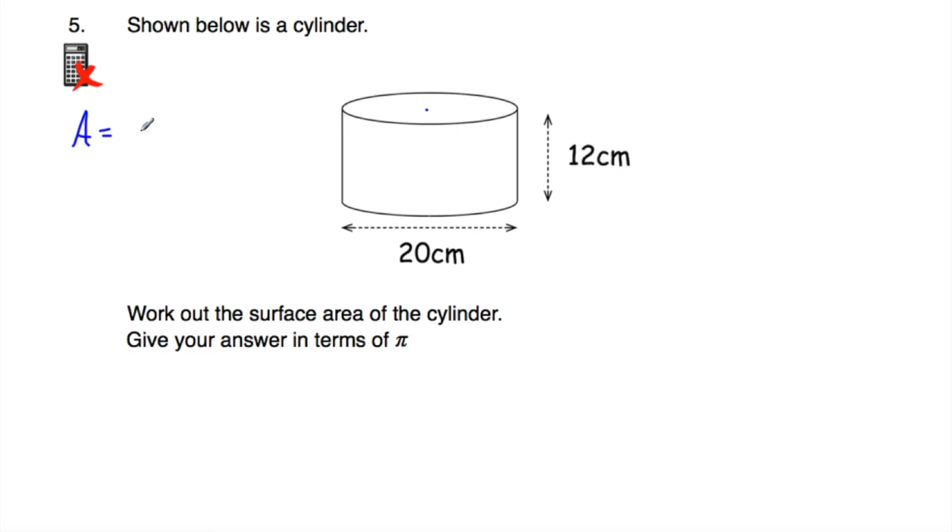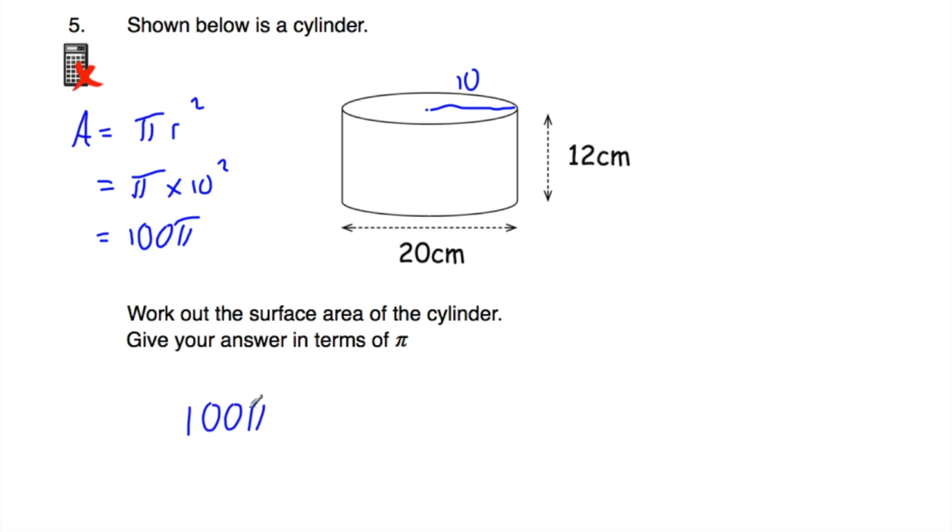The area of the circle on the top will be pi r squared. So we're going to do pi times the radius of the circle. If the diameter of the circle is 20, the radius will be 10. So we're going to do pi times 10 squared. 10 squared is 100, times pi, so it'll be 100 pi. So the area of the circle on the top is 100 pi. That means we've got 100 pi for the top, and we're going to add 100 pi for the base,